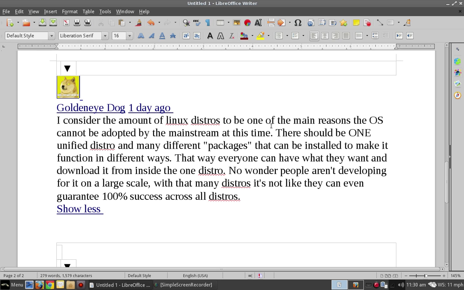Ubuntu right now is working on a project. I shared the keynote address from SCALE, which is the Southern California Linux Expo, from Mark Shuttleworth, who is the founder of Ubuntu and Canonical, and he was talking about a new project that they're working on called Snappy. And Snappy package management is going to be different from anything that we've had up to now in Linux, especially in Ubuntu. Basically, it's going to go out to GitHub, get the source code, and compile that locally on the computer.